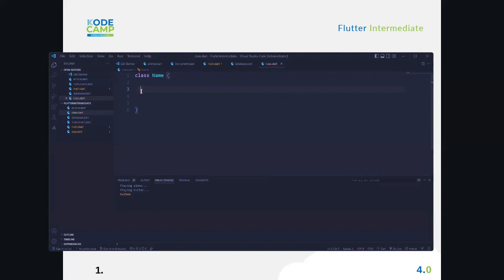Now, there's one very interesting thing in Dart called mixins. I don't know if you've heard of this, but mixins in Dart are actually a way to reuse